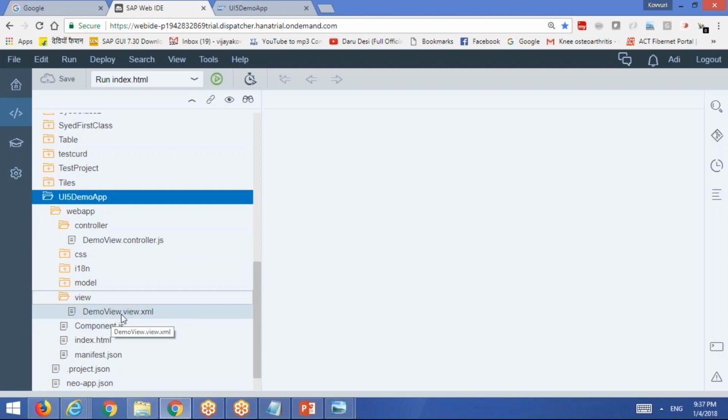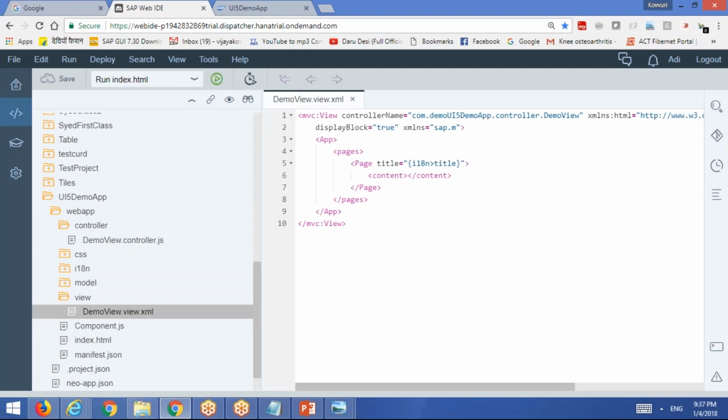The view type is XML, so it will create demo view.xml. If it is JS, instead of .xml, it will be .js. So we can open this demo view.xml, and we can say here